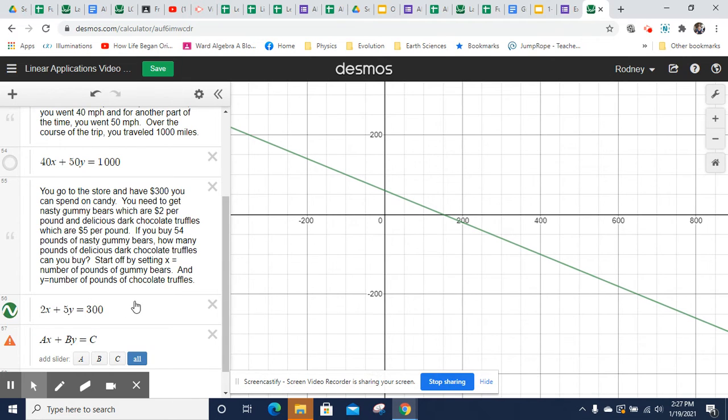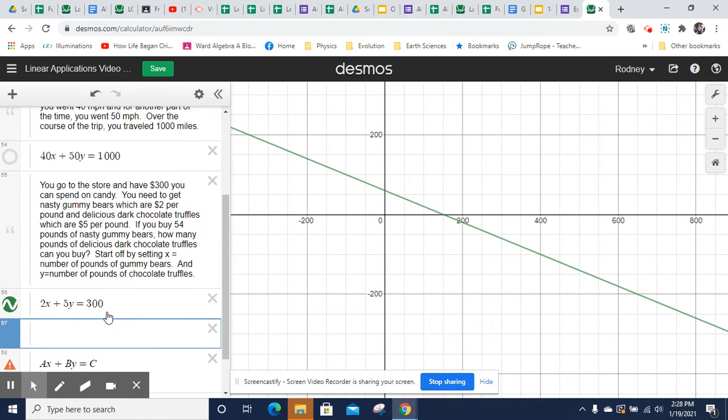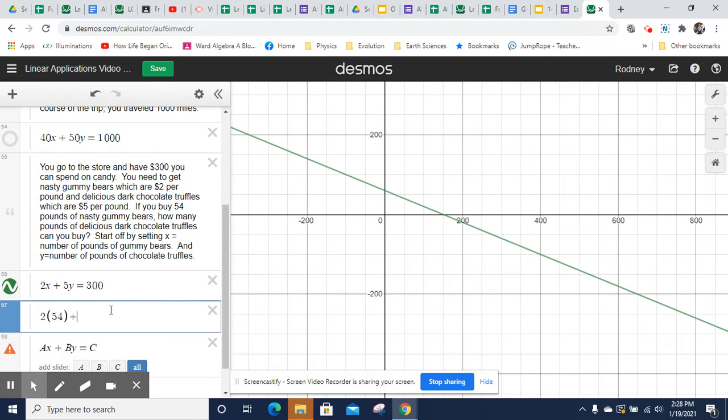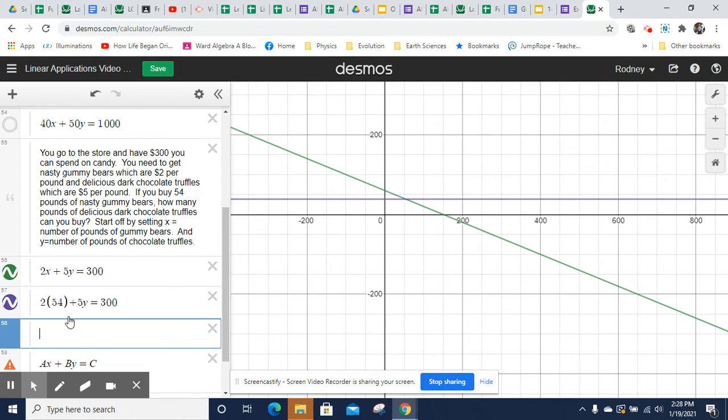So once we have a model, we can plug in some values. We are proposing that if you buy 54 pounds of nasty gummy bears, how many pounds of delicious dark chocolate truffles can you buy? Well, here's what you do. Since x is pounds of gummy bears, you replace x with 54. 2 times 54 plus 5y equals 300, and then we just solve for y. Okay, so 2 times 54 becomes 108. So 108 plus 5y